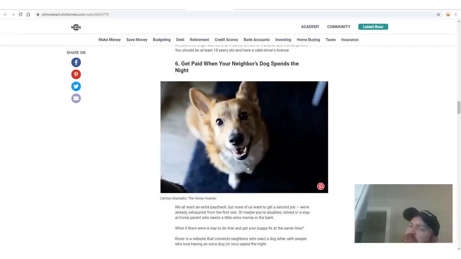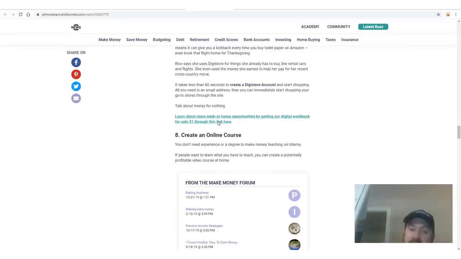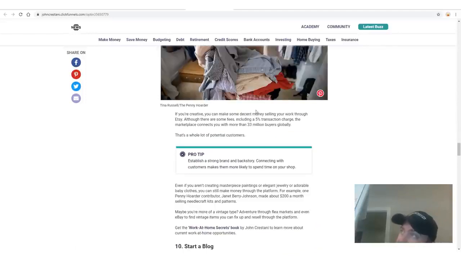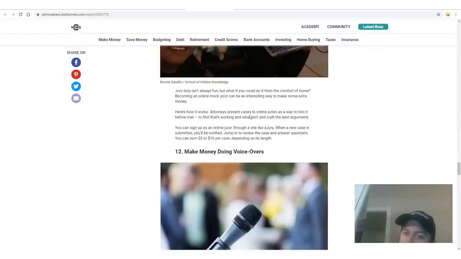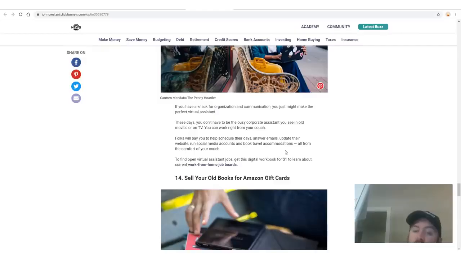What we're doing is educating people here. But notice at the end of each one of these little sections, it offers people to, once again, buy the book to learn more work at home secrets. And when people buy the book, you earn a recurring commission for as long as they're signed up. So it's pretty great, right? Because all you need is 2 people a day to read this article and say, working at home sounds pretty neat, and spend $1. And then you will build a huge source of recurring income.